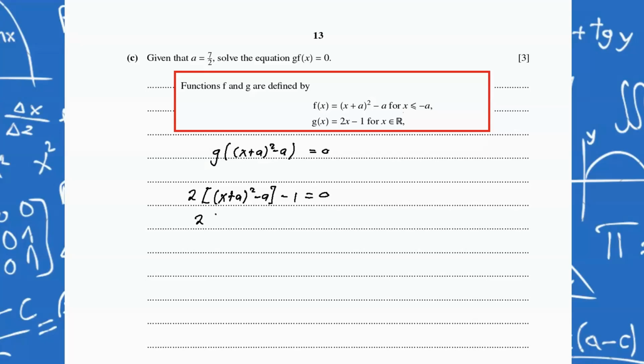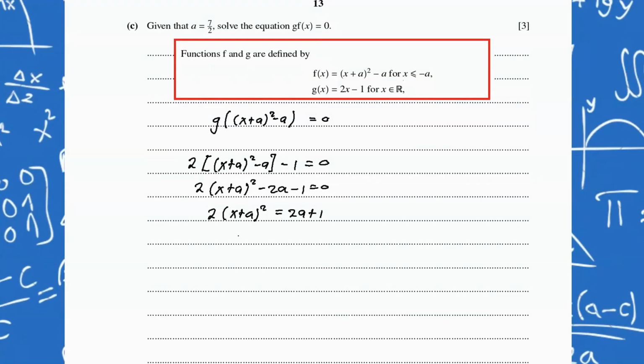All right, so that's 2 of (x + a)² − 2a − 1 = 0, which means that 2 of (x + a)² = 2a + 1. Let's continue simplifying this. Dividing both sides by 2, we have (x + a)² = (2a + 1)/2. And while we're here, let's consider the fact that a is equal to 7